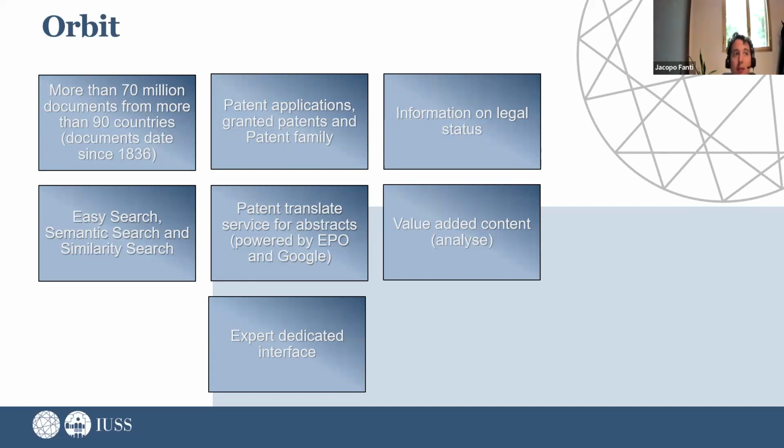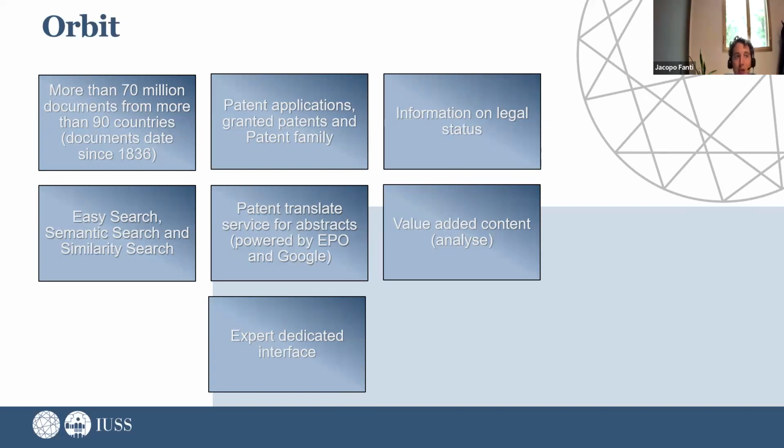Of course, there is the definition of the perimeter of the state of the art of the technical field in which you are working, studying and conducting your research, but also in terms of top players, in terms of physical persons or companies or institutions that are developing research in your field. Of course, there is the scientific aspect, so you can also investigate the literature